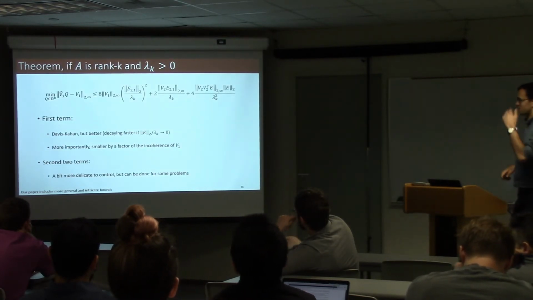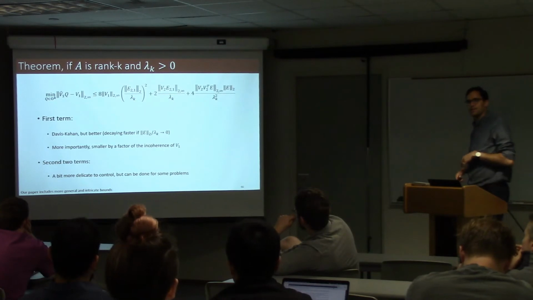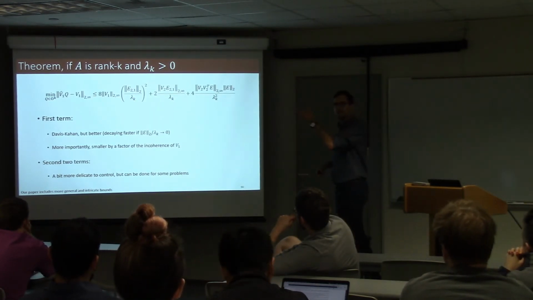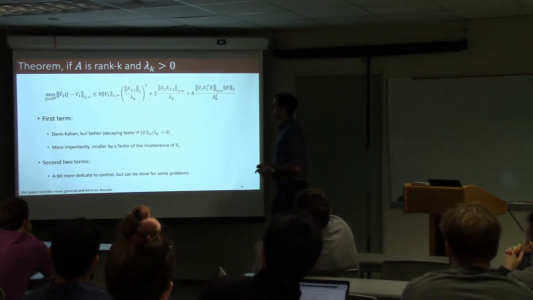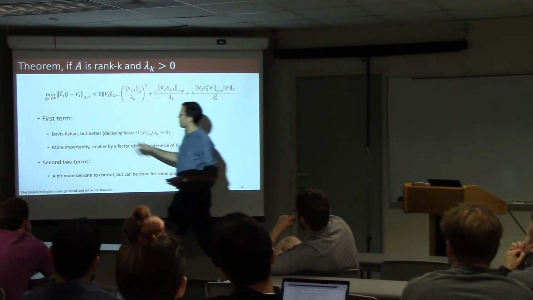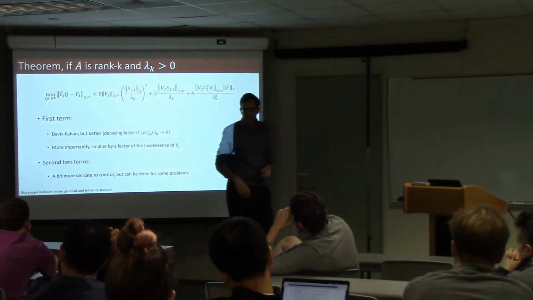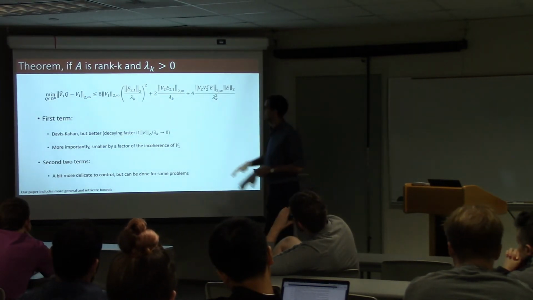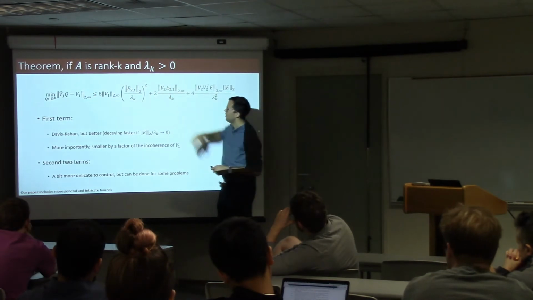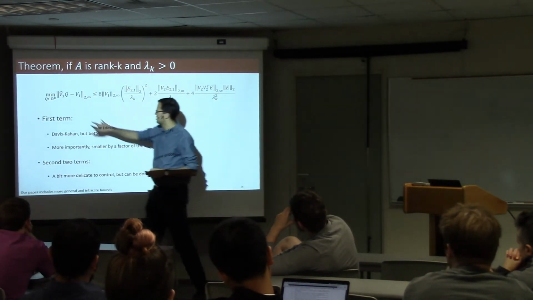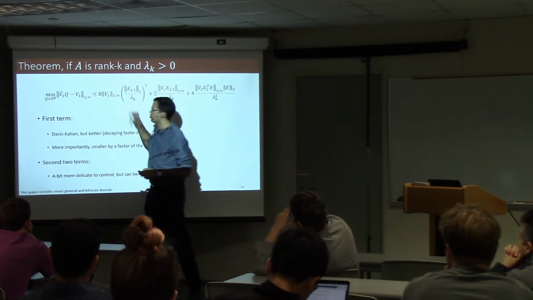There's some related work in this area. Let's look at what are the things we're looking at. So I'm going to simplify the problem a little more. I'm going to assume A is just rank K. Okay? Then it turns out you can actually build upper bounds for this quantity that incorporate some interesting information. Okay? And just to highlight what this looks like, I'm going to ignore this for a second. So we saw in the other bound that if I looked at this notion of distance between subspaces, it depended on the 2 norm of E.